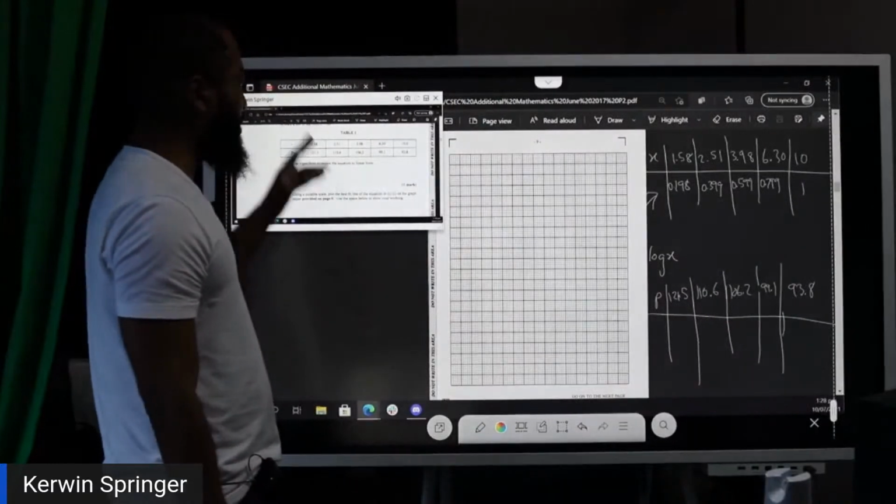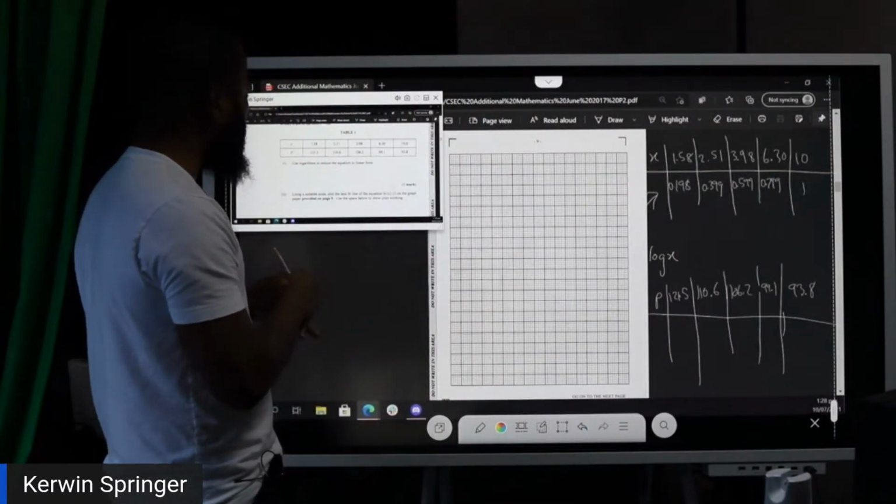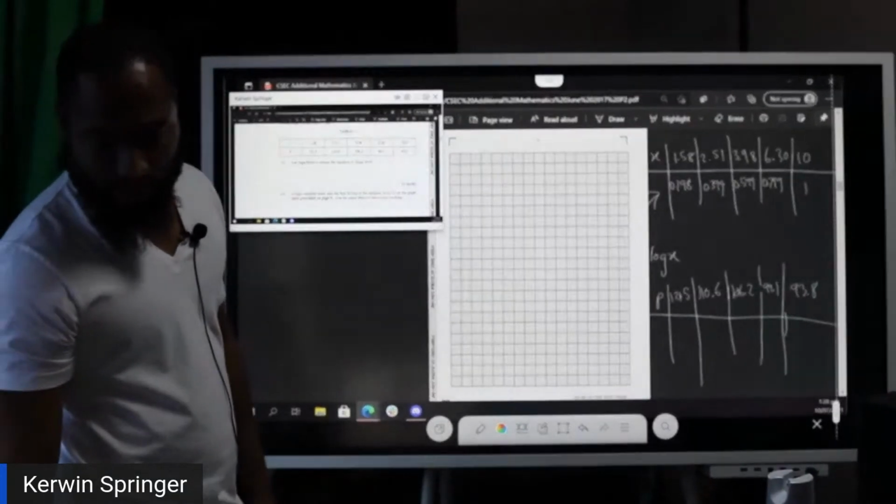By the way, this is 2017, so you can always follow along and do out the question itself. Is it 2017? Yes, 2017. So you find the log of those values, and someone is telling me,